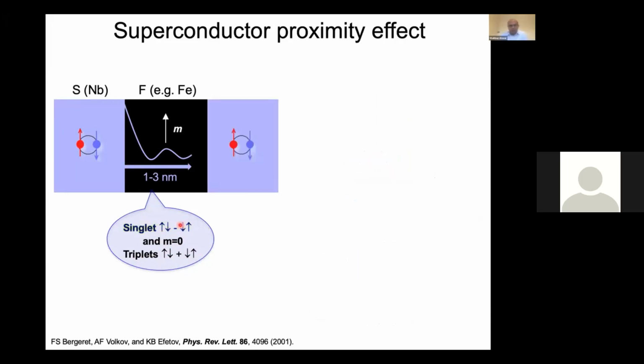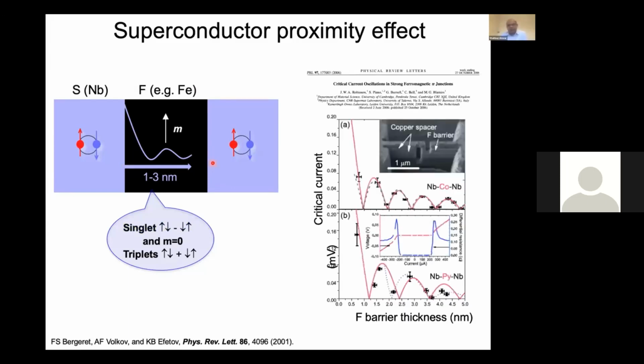So then in this system, if we connect another ferromagnet to the other side of this bilayer, this is now a ferromagnetic Josephson junction. Here is the work performed by Professor Robinson in 2006. They are changing the thickness of this central ferromagnetic layer and then observing the oscillations of the correlation inside this ferromagnet, which was permalloy and cobalt. And here is the photo of the device. The main junction is here, top superconductor, bottom superconductor, and in the center we have a ferromagnet. Here you can see that in both cases, cobalt and permalloy, you can very easily observe the oscillations